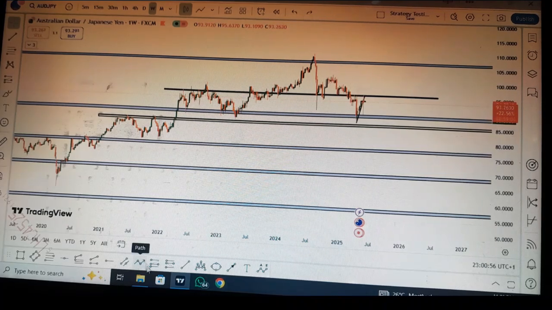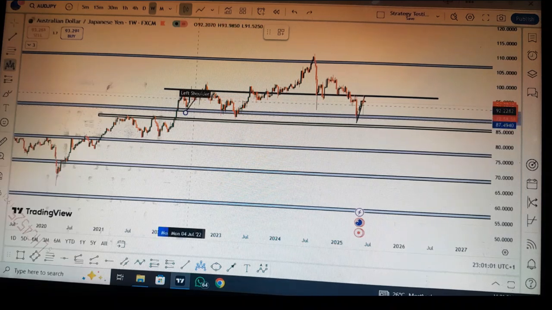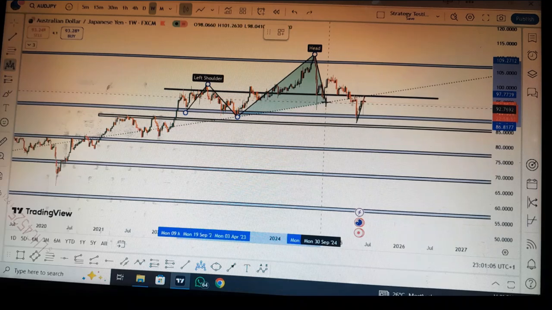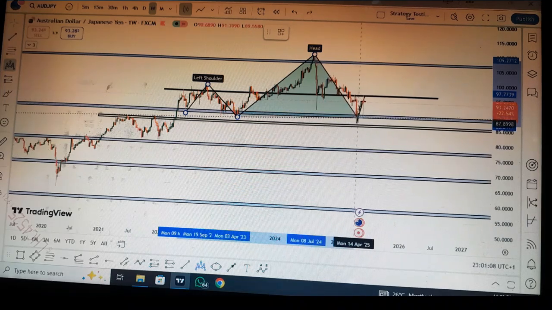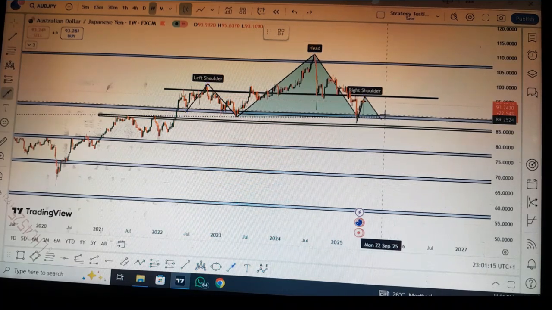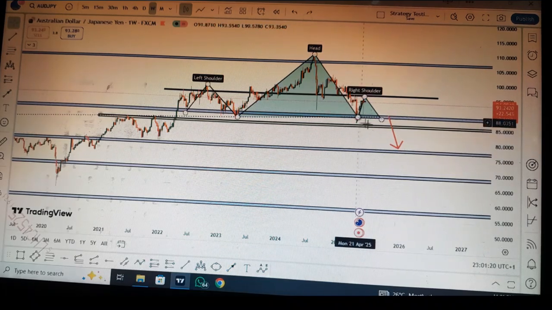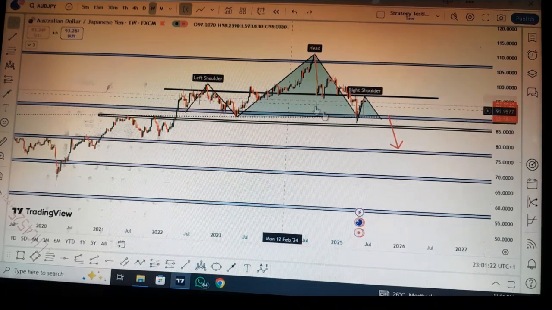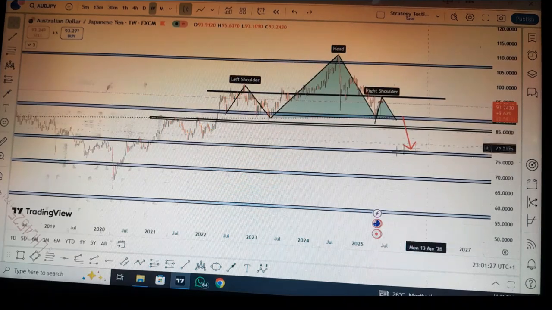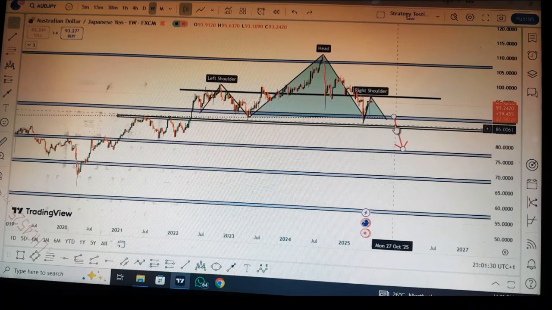If you don't understand what I mean by left shoulder, this is what I mean. From here, we pull up here, we pull back. That's the left shoulder. We pull up again for the head. We pull down here, we pull down here for the leg. Then we pull up here again. Then we should now have a massive breakout, something like this. This is a massive breakout, but before we come to this kind of breakout, this is a very big one, but at least if the head and shoulders is going to play out,